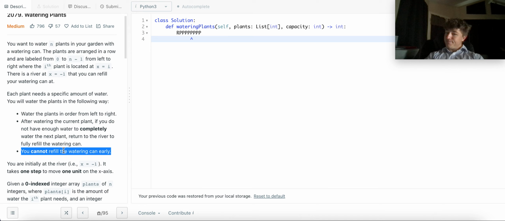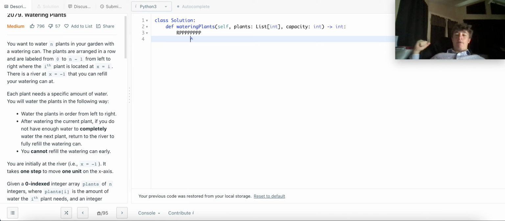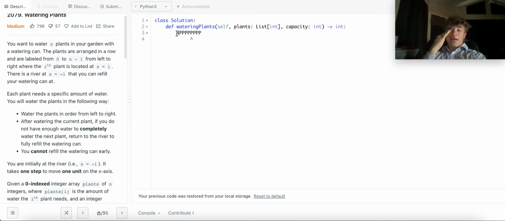What does that mean? Well, in reality, the optimal way of doing this, right? If I'm watering and I start noticing that I'm depleting, I might not want to go completely empty before refilling because I'm moving farther away, right? Every time I increase the plant that I'm going to, I'm adding more time that I'm going to have to spend going all the way back. I'm distancing myself from this river. So it could be optimal, and I'd have to really think about it, even though I might have 1 or 2 units left of water, I might as well go all the way back and refill before continuing,